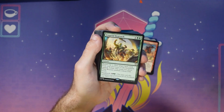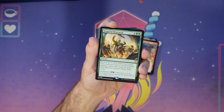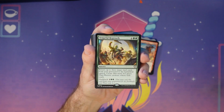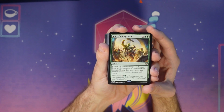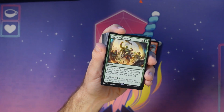This card had one of my favorite playtest names in the set. I understand why we had to change it, because it's a little too goofy, but it was called Trees Company. Trees Company, because it's making 3 trees. I don't know. I thought it was really funny. So there you go. In fact, this is one of my favorite things in general, when it was a playtest